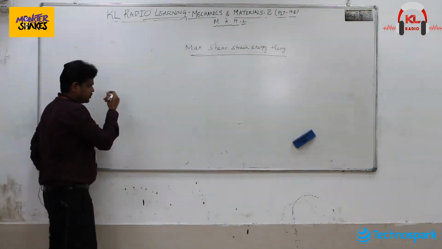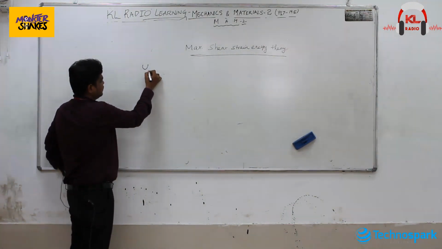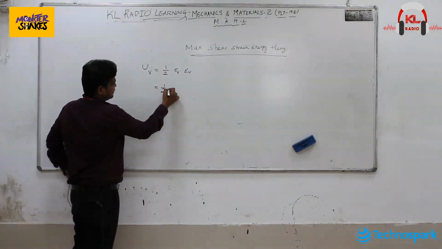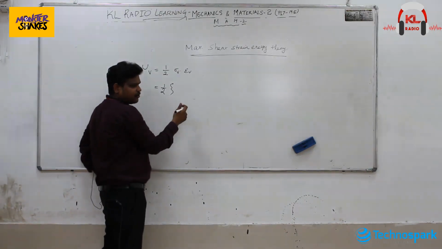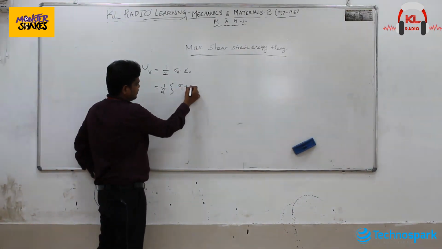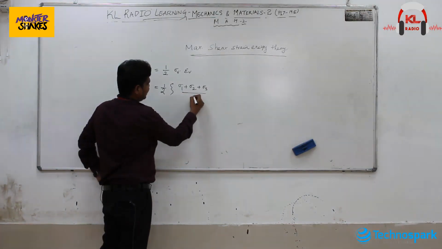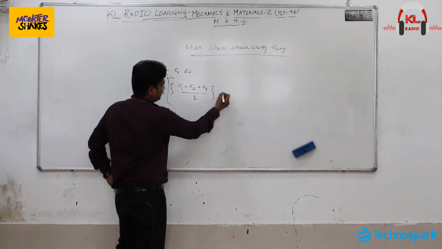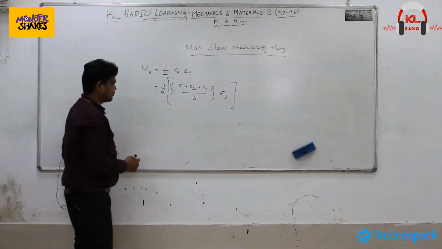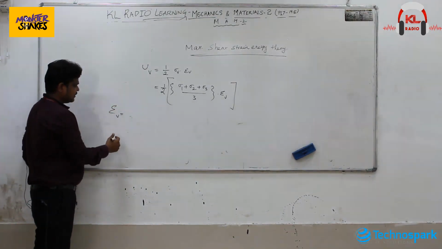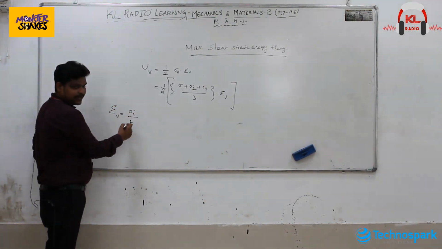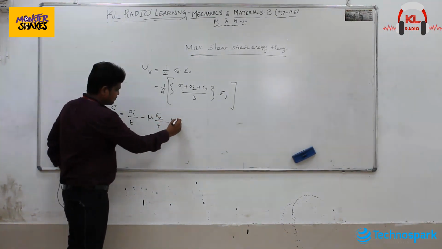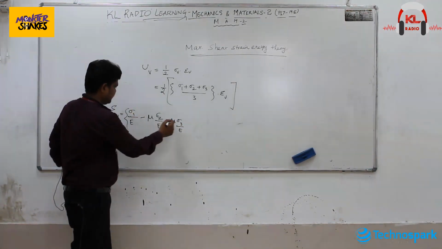So now the volumetric strain is, again, simply written as half sigma v into epsilon v, and this sigma v can be written as the average of all three stresses acting in all three directions. So sigma 1 plus sigma 2 plus sigma 3 divided by 3, and epsilon v has to be calculated. So epsilon v is again similar: sigma 1 by E minus mu times sigma 2 by E minus mu times sigma 3 by E plus